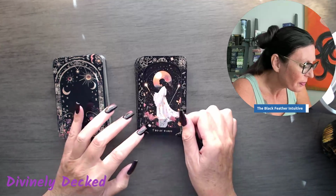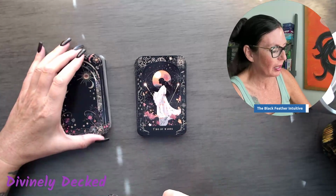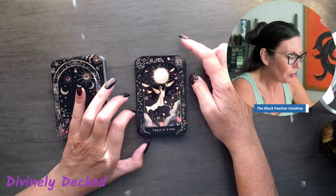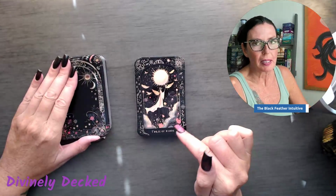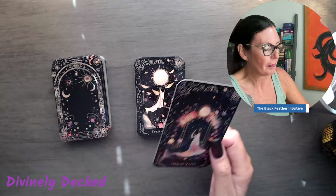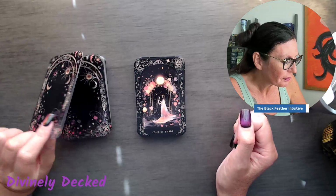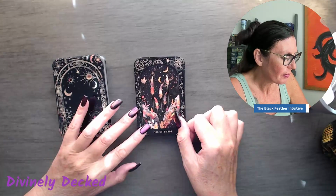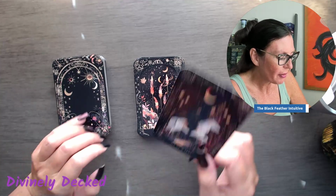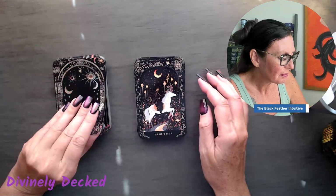It's gorgeous. Two of Wands. I'm really loving this imagery. This deck makes me very happy. If it is a Pique de Soleil, which I suspect it is, Three of Wands, this deck makes me a lot happier than the two that I bought directly from the creator. Four of Wands, Five of Wands. Oh, that's pretty. Of course, it's got feathers. I love feathers. Six of Wands,